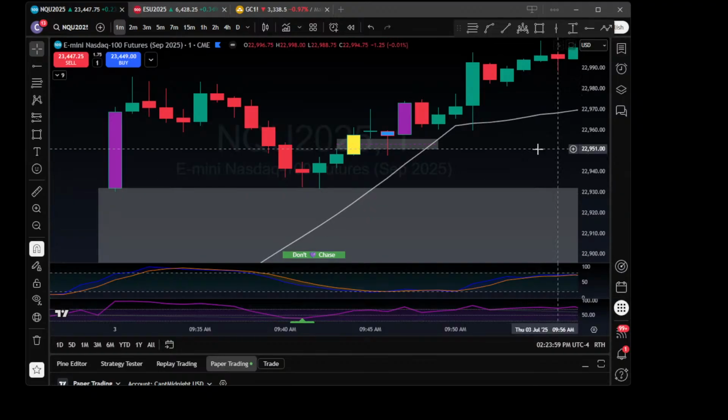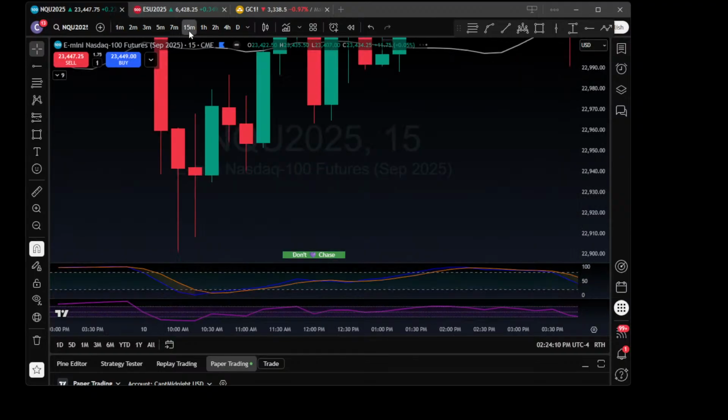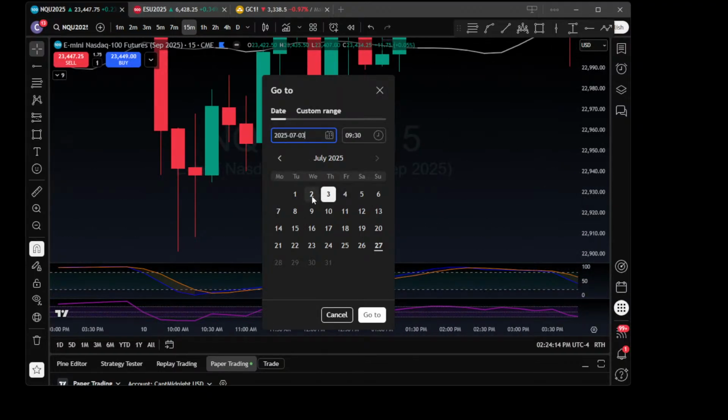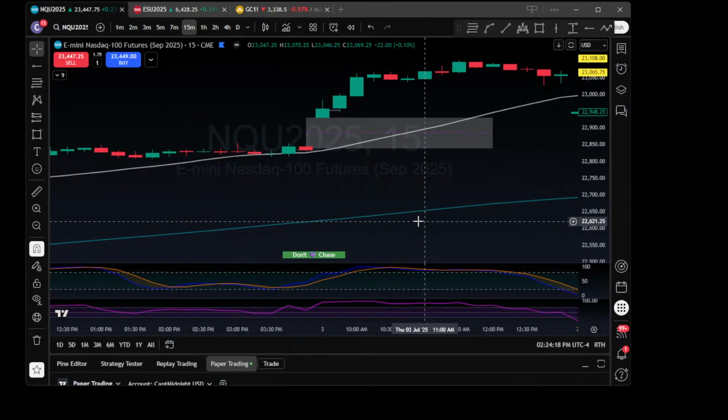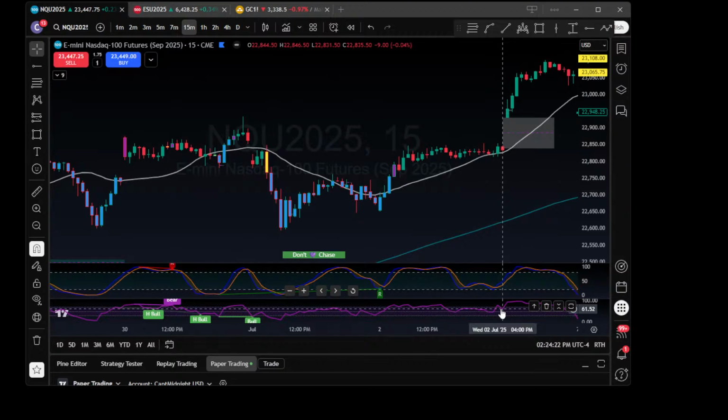What makes backtesting hard on TradingView is that if I switch between 15 and 1 minute, it will take me all the way back to the beginning. See, now I'm all the way back at the beginning. So then you have to click this, go back to the third. Let's go. That way we can get a better look at what's going on.